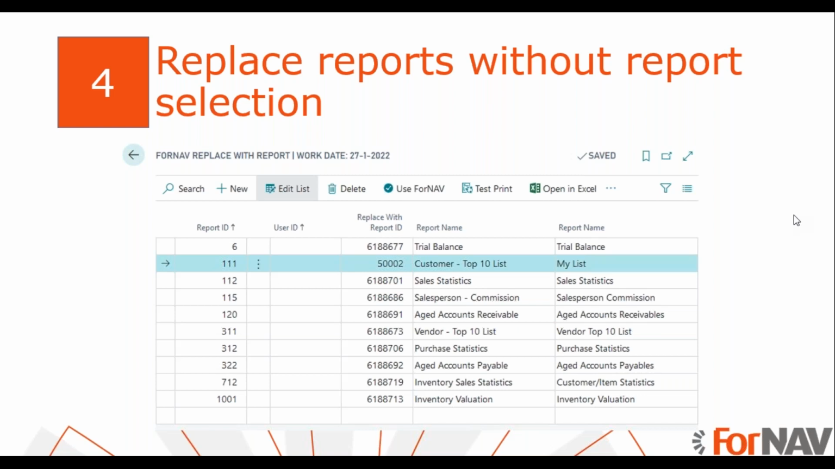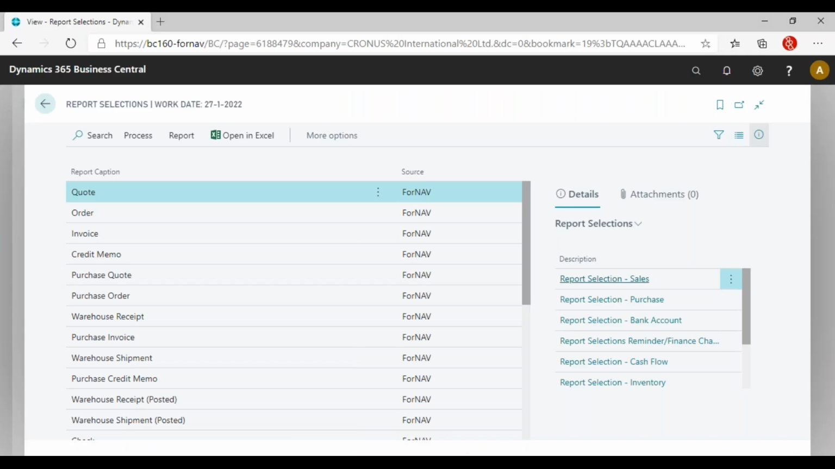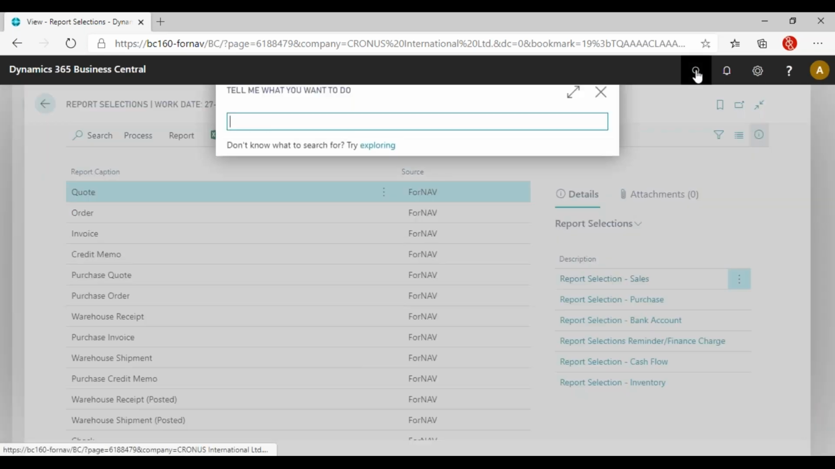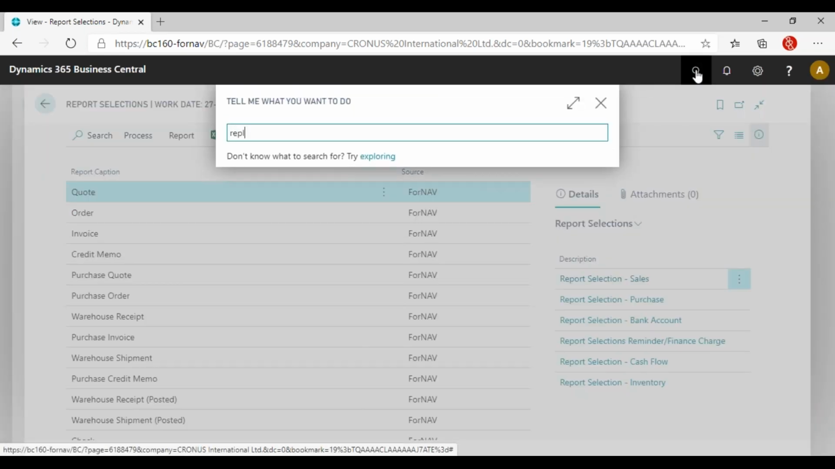Not all reports in Business Central are replaceable. Some are hard-coded in the application, like the trial balance, customer top 10, and a number more. Of course, we want to replace these reports with their 4NAV counterparts as well. In order to do this, 4NAV has created the Replace with Report page. So I go back to Business Central,